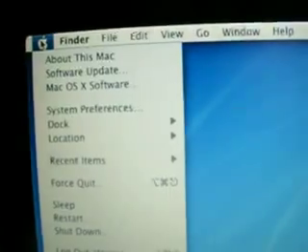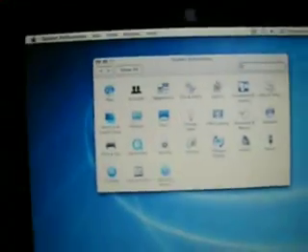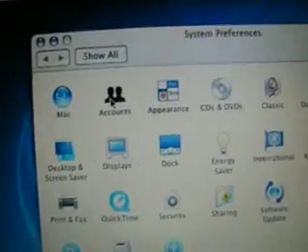Okay, how to create a new user account in OS X Tiger and how to restrict that user. First thing you do from your main administrator account on Mac OS X is to open up System Preferences, click on Accounts,